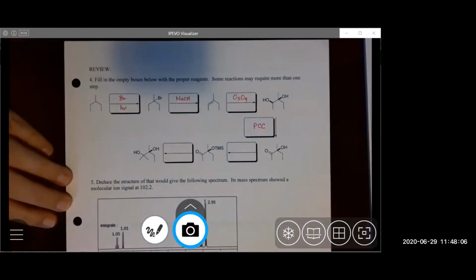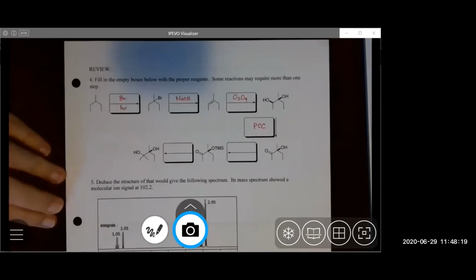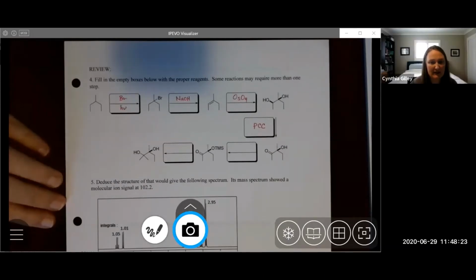Quick question. The syn of the hydroxyls. You couldn't use MCPBA or H3O because that would add it anti, right? Right. Okay. So OsO4 adds syn. Correct. You could also use potassium permanganate as a syn addition, but most people don't, because the problem with